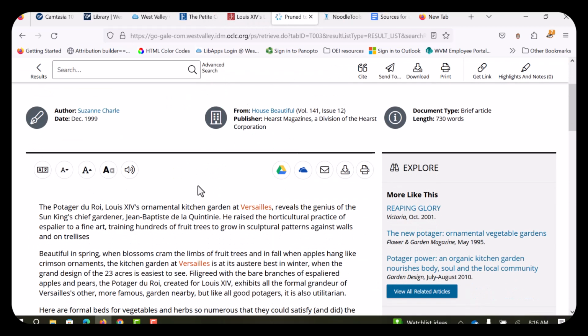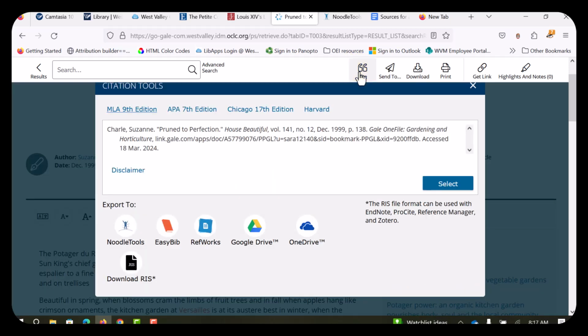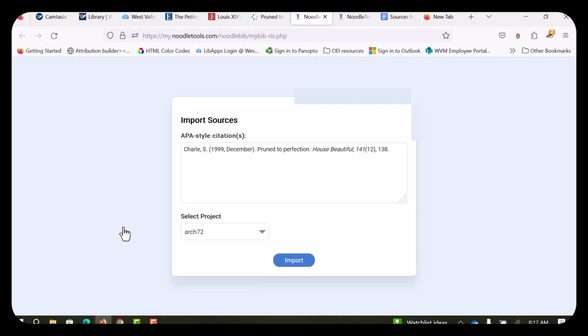And you see I have an article here, and I can go ahead and up here on the top, you see the citation button here. And it says it's going to do MLA, but it should do APA because I have it set as APA in NoodleTools. So I'm going to go ahead and I'm going to just be safe and click on APA right here, and then I'm going to export to NoodleTools. Here it has it all ready to go. Import that,